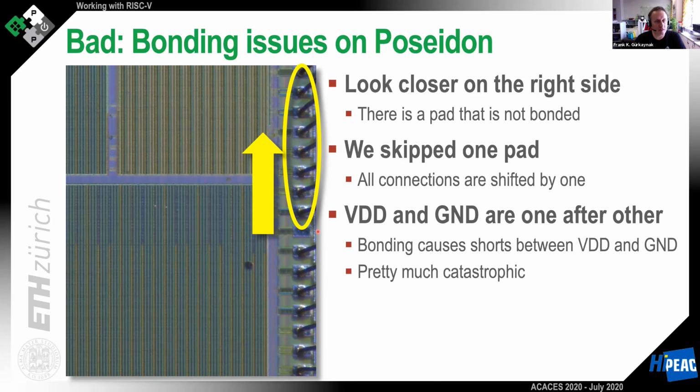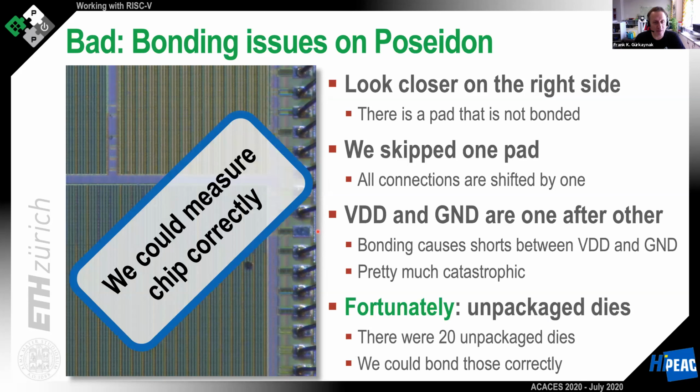So this chip is ruined. However, fortunately, we still had those 20 unpackaged dies, and we were able to bond the chips to fresh packages, this time correctly, and we could use them and measure them perfectly, so there were no issues. Normally, we would use about 10 to 15 chips to characterize it, so the number wasn't even a big deal. It was just a loss of time, obviously, because you are very happy, you put it on the tester, nothing works, you're debugging,